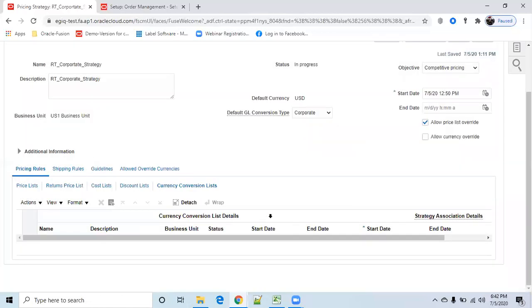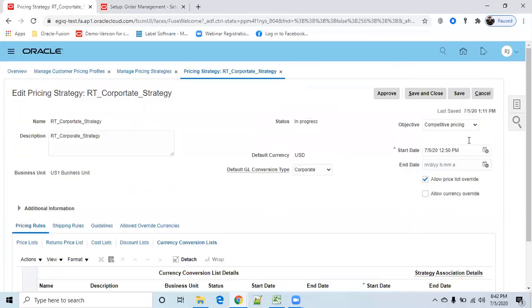Currency conversion is nothing but whenever suppose an order comes in INR, then actually the order has to be INR, but your functional currency is USD. So how to convert between these two currencies? This particular thing also we can create as a list and then we can call here. So now we created only one pricing list, one discount list.